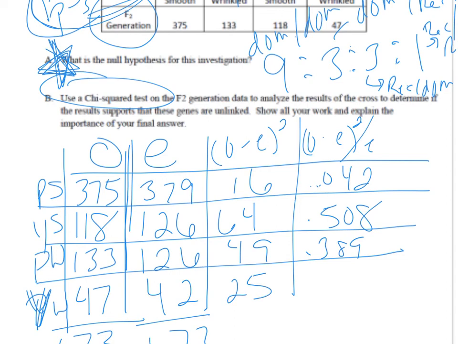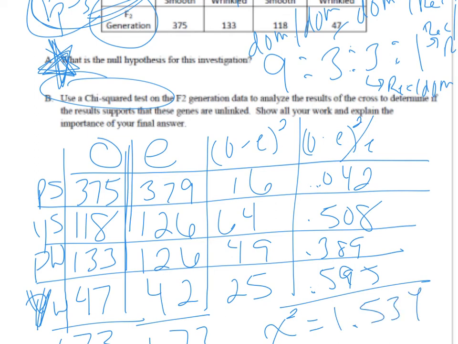Squared is 25. 25 divided by 42 gives me 0.595. I need to add all those up, right, to get my chi-square value. So 0.042 plus 0.508 plus 0.389 plus 0.595. I can barely read that. Okay, gives me a total of